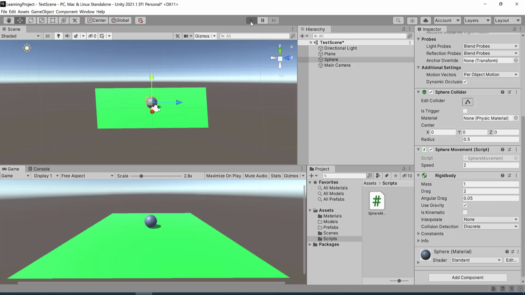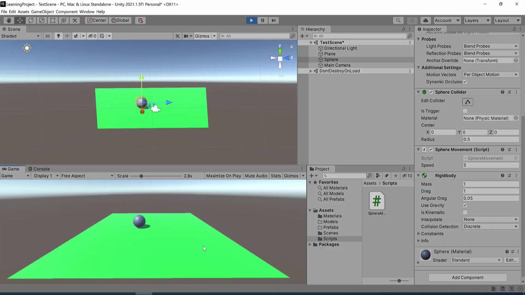So let's run and see the output now. As you can see, the ball is moving quite fast this time, and what I did, I just reduced the drag force to 1. So if you release the keys, the sphere is going to stop automatically because of this friction force added to it. Now remember, the mass is the mass of this sphere game object, which is calculated in kilograms. The drag is the air frictional force. The angular drag is the air friction on an angular basis.